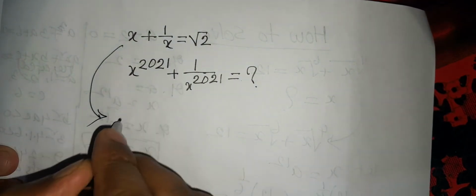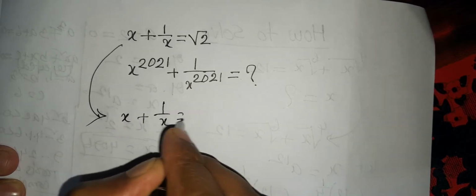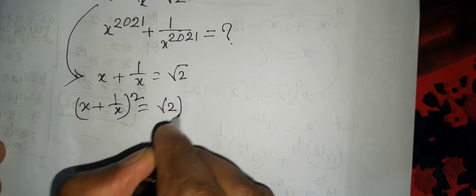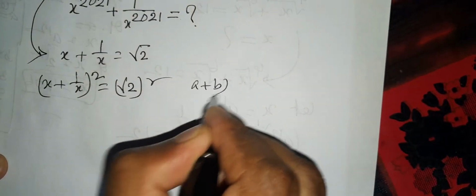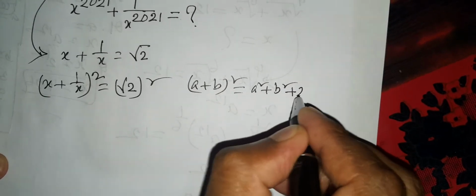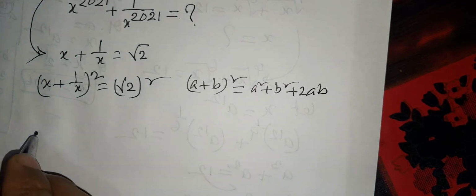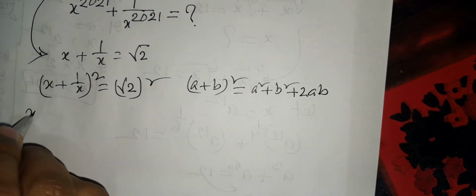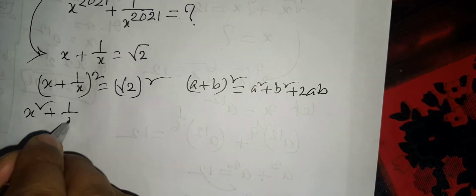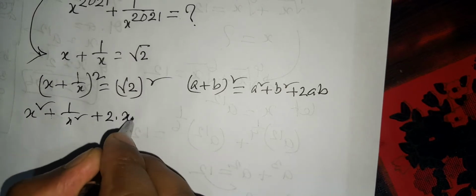Here we are given x plus 1 by x equals root 2. To start, we square both sides of this equation. (x plus 1 by x) whole square equals (root 2) whole square. Here we use the formula (a plus b) whole square equals a square plus b square plus 2ab. So according to this formula, we can write x square plus 1 by x square plus 2 into x into